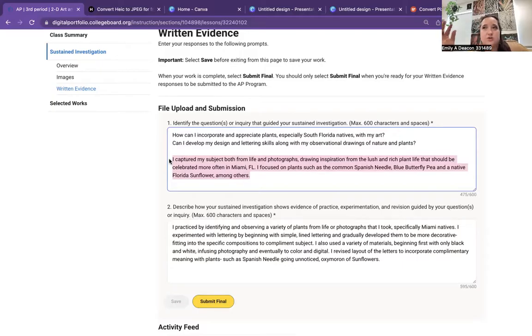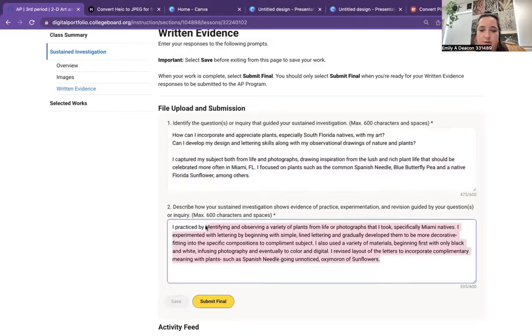Or if your question changed over time, you want to explain how you started out as one question and how it ended up as another, and what were the light bulbs that happened during that time to get you from the beginning to the end. So I captured my subjects from life and photographs, drawing inspiration from the plants in Miami. I name some of the specific varieties, which you could do also in your selected works ideas, yada, yada, yada. Here, 3 main things, like I said, practice, experimentation, and revision,